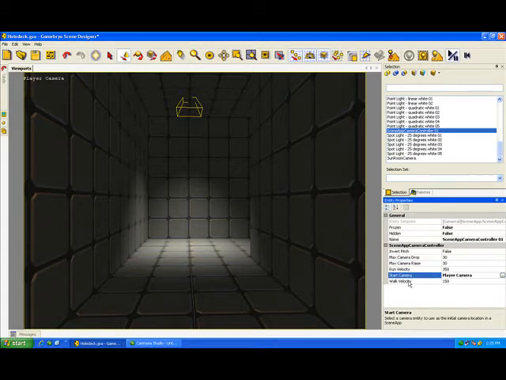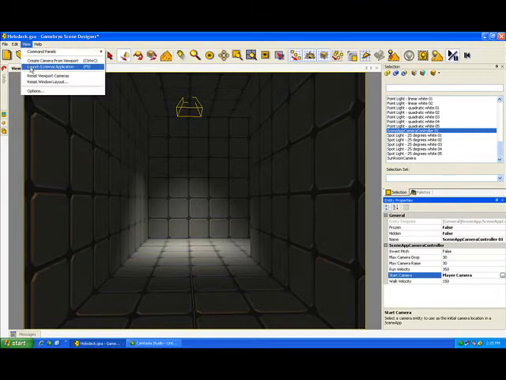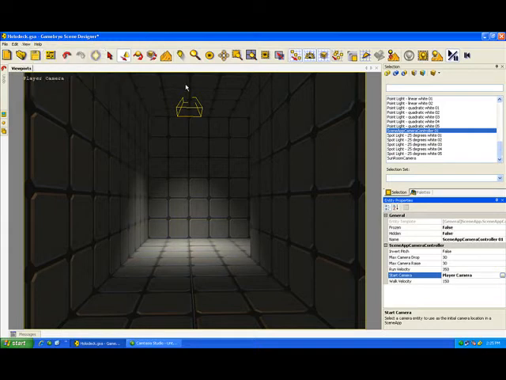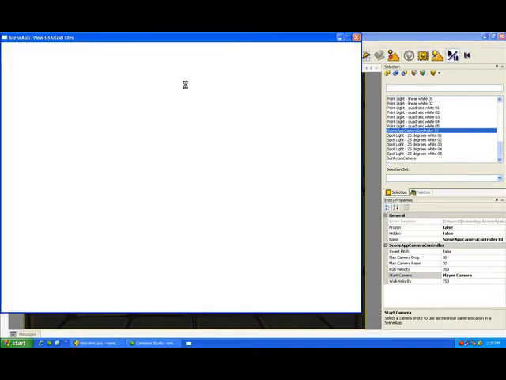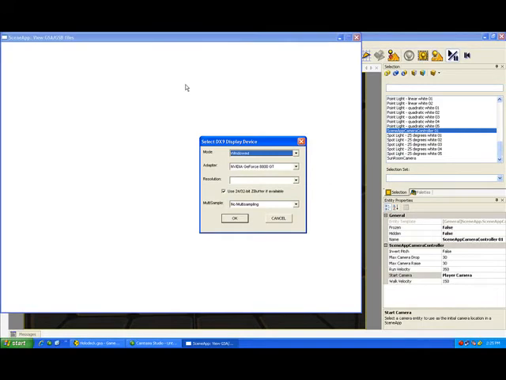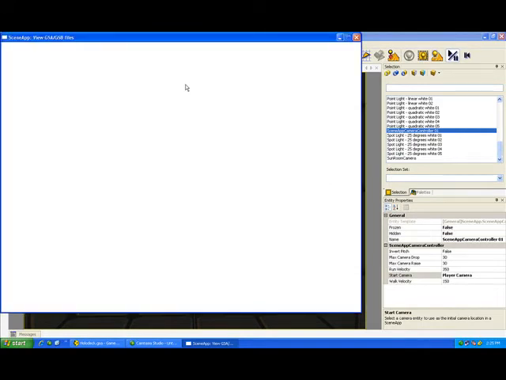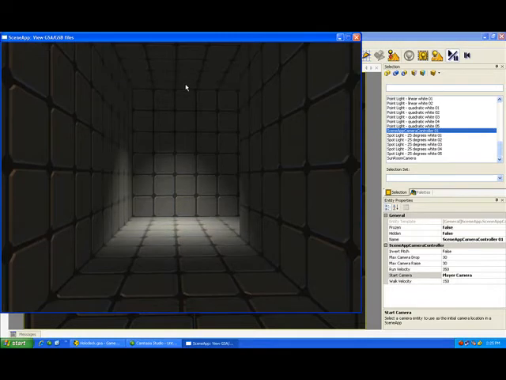This data is used when previewing scenes from SceneDesigner in the Scene app sample, which is under samples full demos in Gamebryo. And SceneDesigner actually has built in functionality for automatically launching the current scene and previewing it with Scene app. So you can either do that by choosing View Launch External Application, or by simply pressing the F5 button, which I've done right now. This will launch Scene app and bring it up with your scene using your starting camera,